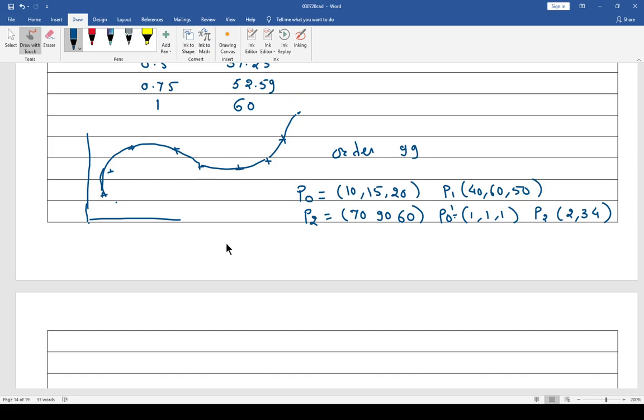Now what is the challenge? I want to achieve a blending of these two curves. There are two curves basically. So there is one point p0, another point p1, and there is a third point p2. So assuming these are the slopes, or these are the directions of the slopes, I would like to establish this curve. Okay, this is the challenge.